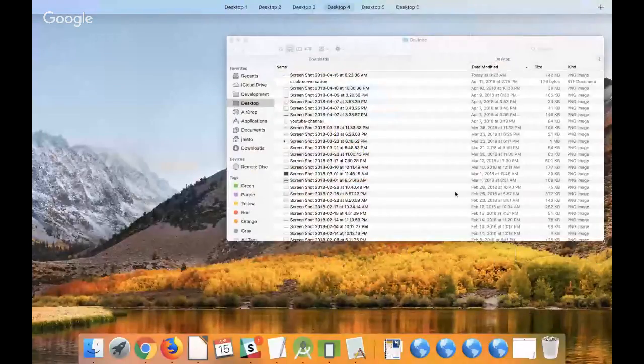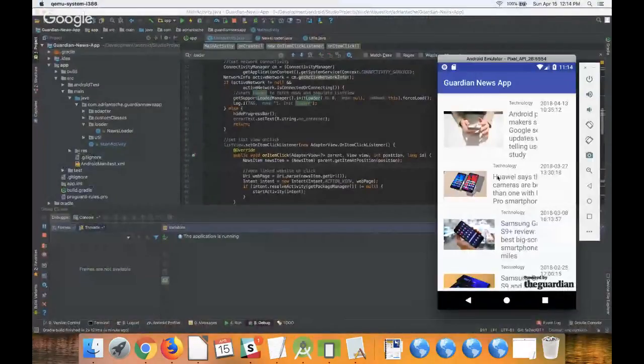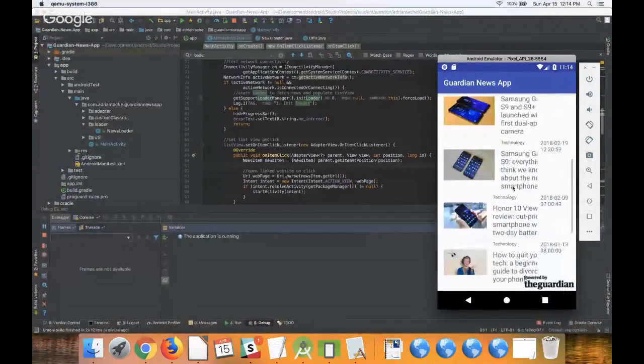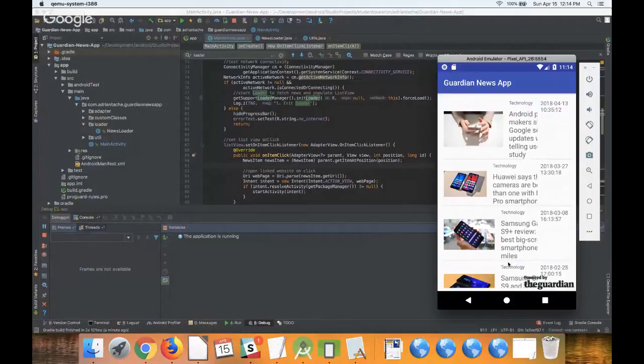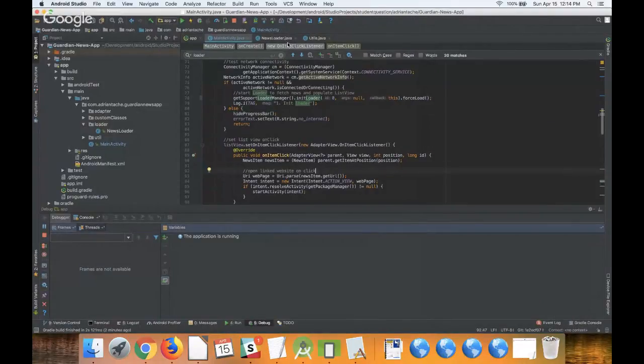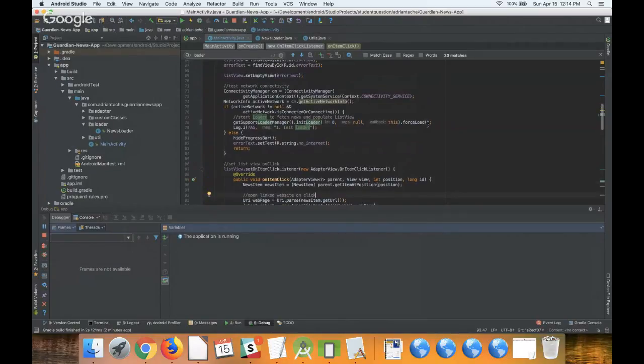Okay, so as you can see in the emulator, it's fetching properly. So the only thing is that, as I said, the loading background was not being called. So obviously there's no network request. Well, it's not going to do it because you didn't have the network request here. So it's a super minor thing. You just need to add this force load here. So what I have highlighted is the bit that you are missing.